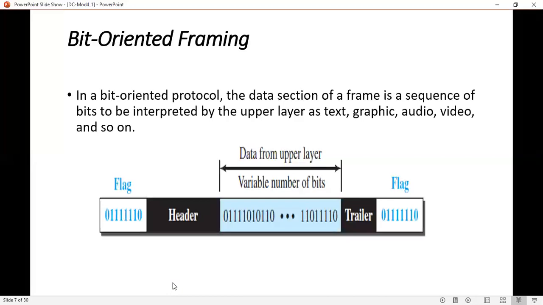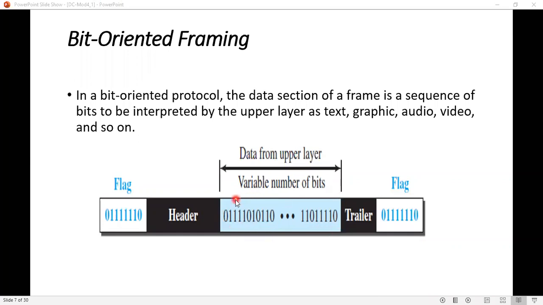That means this data, a variable number of bits as part of the information, is in the form of bits.